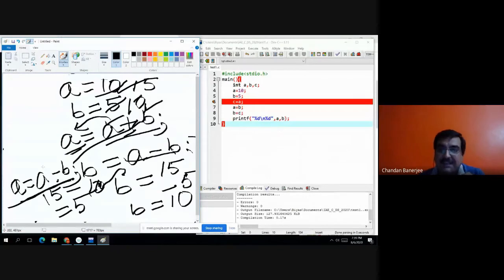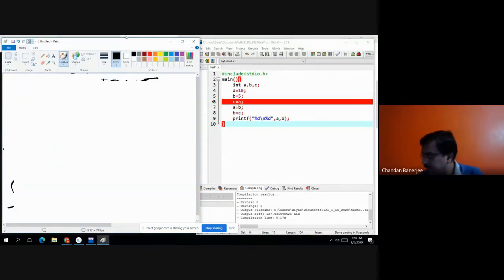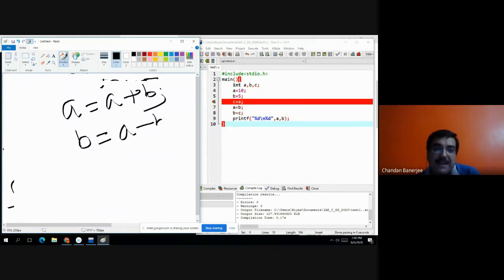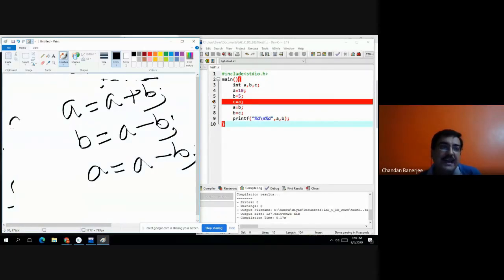So first line, a equals to a plus b. Next line, what will be the next line? b equals to a minus b. Next line, a equals to a minus b. Is it correct? a 10, b 5 initially.